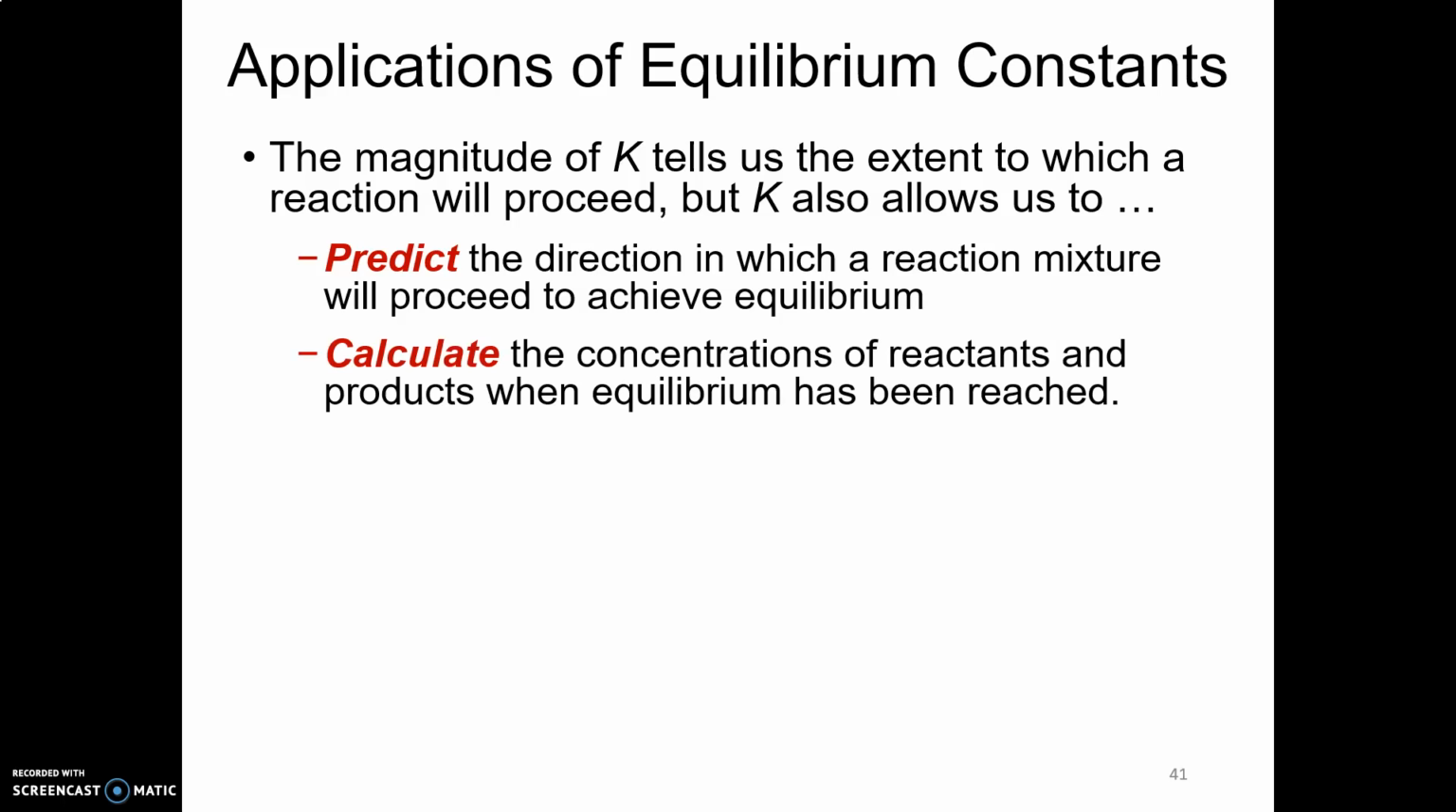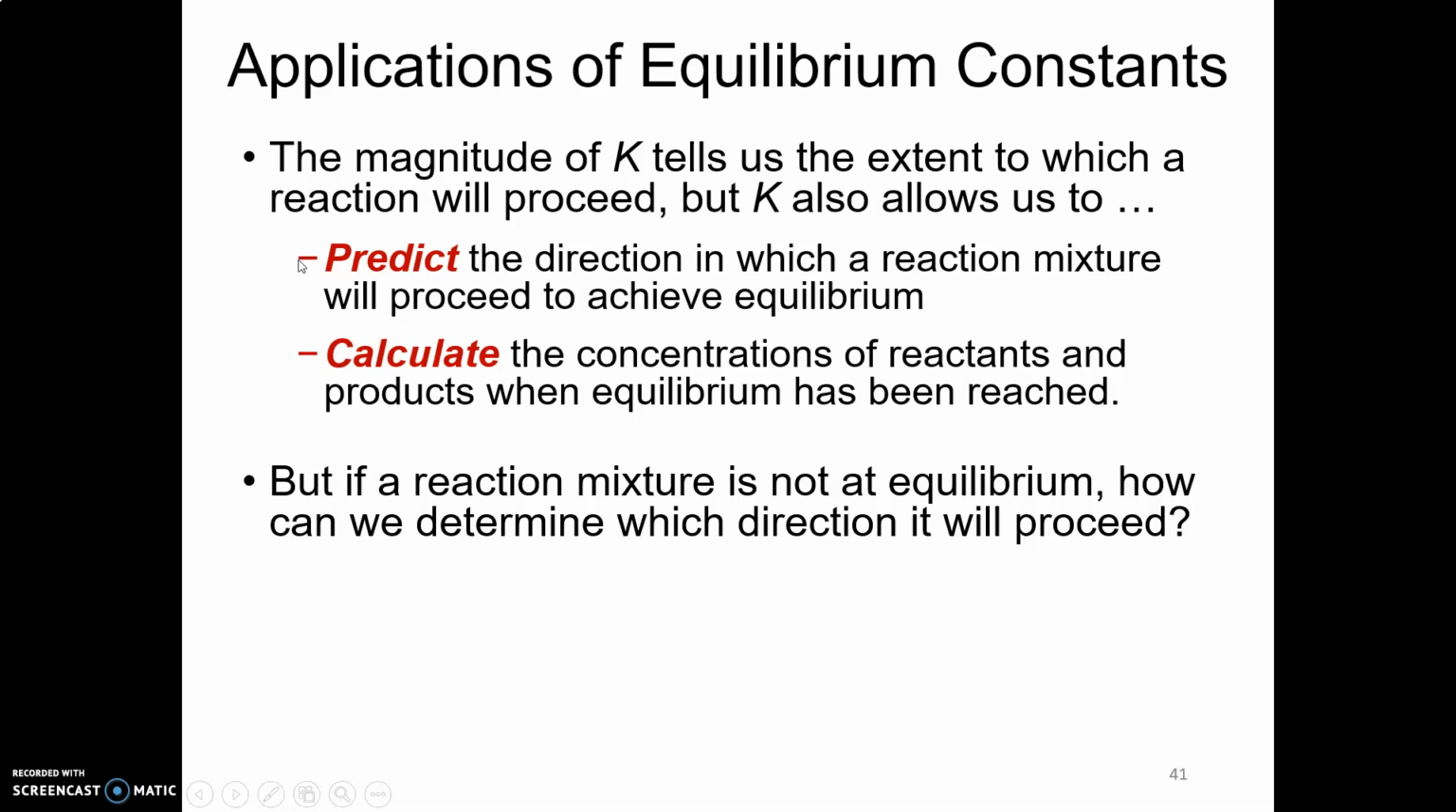And as we just did, we can calculate the concentrations of reactants and products when equilibrium has been reached, right? That's what we're going to talk about in next lecture, which is how do we use K to get equilibrium concentrations, right? To do that, you got to know initials, but that'll be a next lecture thing. What we're going to focus on at the end of this lecture is how we can use K to do predictions,